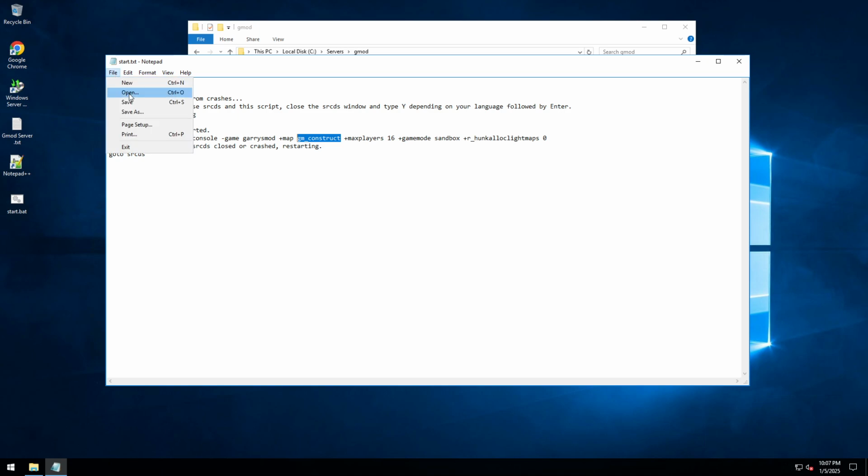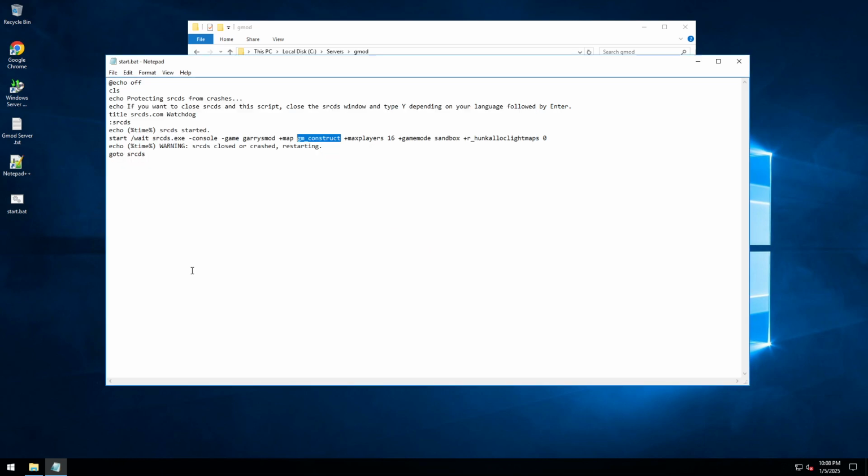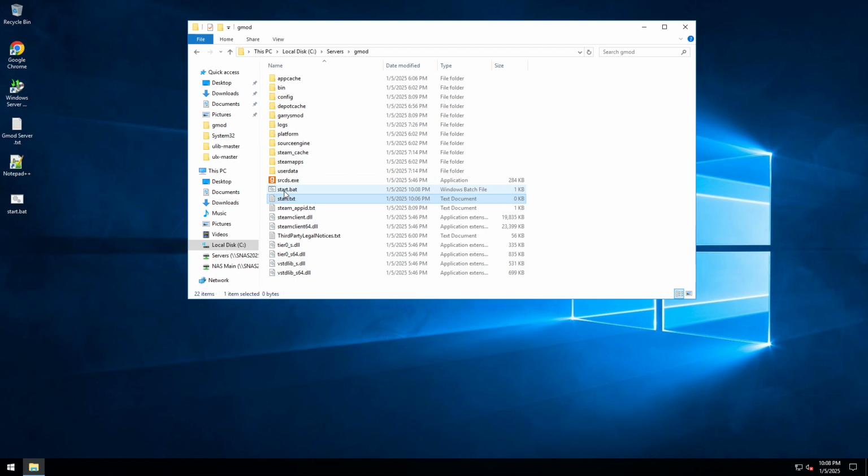We're going to go ahead and hit File, Save As, and right at the bottom where it says Save As Type, we're going to go to All Files. And then for file name, where it says start.txt, we're going to get rid of txt, and we're going to put bat. And we're going to hit enter. And we can close out of this. And if we look up here, we'll see a start.bat file. And the start.txt file you can actually get rid of because you don't need it anymore. Once that's all good,